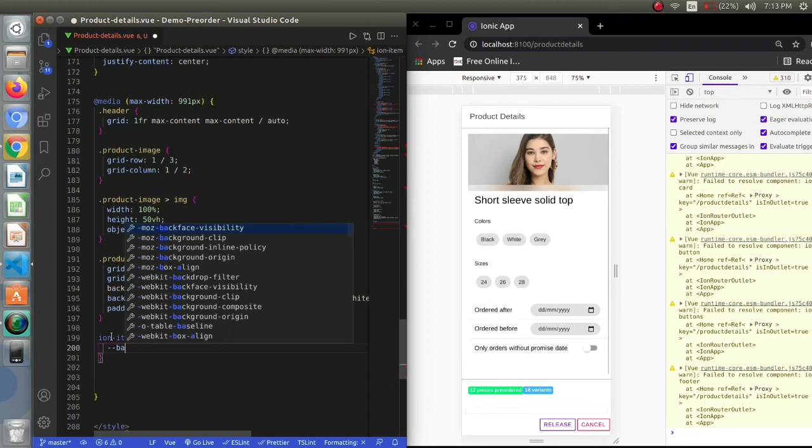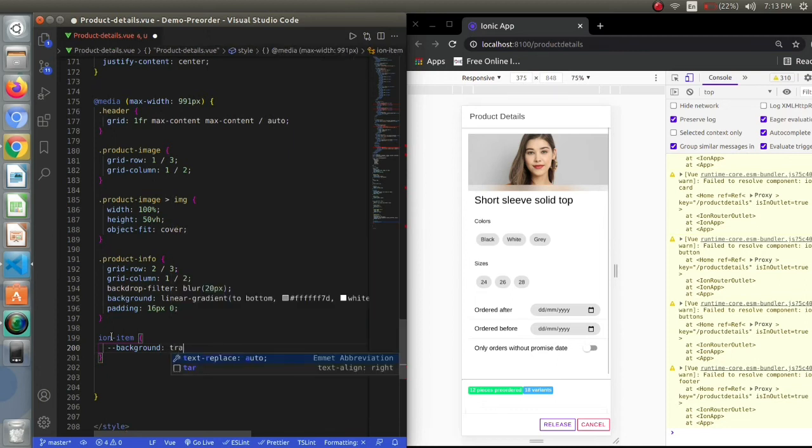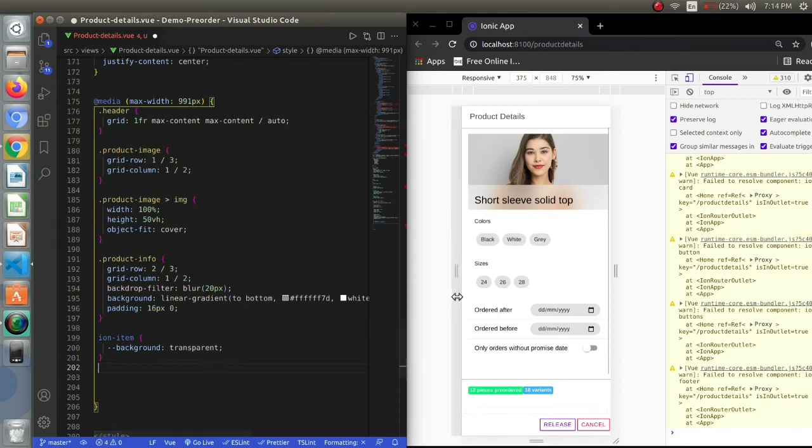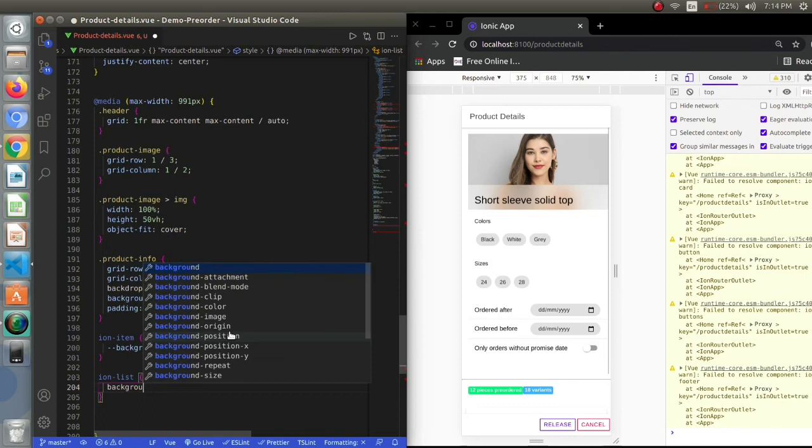So the product info contains the iron item, so I will be providing my blur effect to iron item, and the background variable is used in iron item, so I will be using this. Okay, and next, the colors and filters are inside iron list, so I will be providing the blur effect to my iron list. I have provided it to iron item and iron list because they are the parent containers.